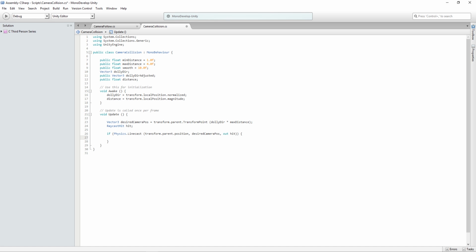So if that is true, we want to say the distance is equal to math.clamp. So we're using this clamp again. We're going to call the hit.distance times by 0.9. Now this is a really cool little trick because we're getting that distance that we're hitting the wall, right? And just for now, let me just get rid of that and I'll show you what's going to happen if you don't have that. So let's just put a comma there for the time being. So min distance, max distance,